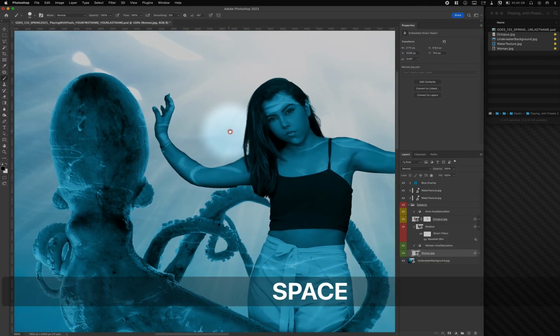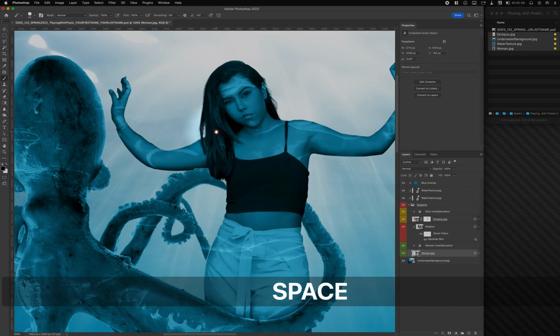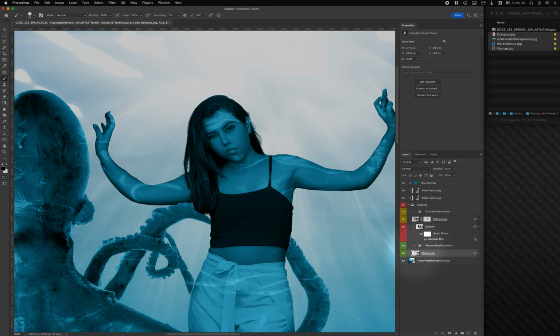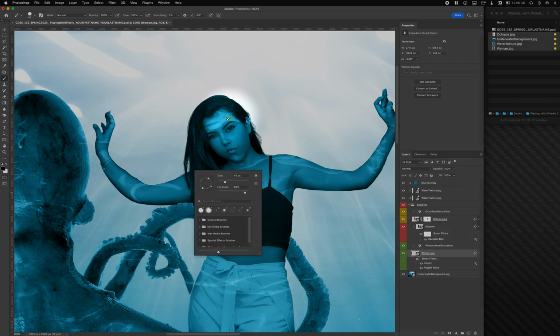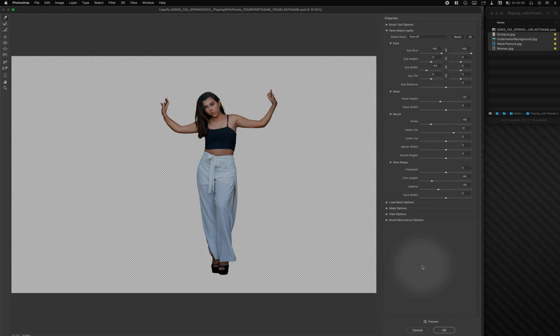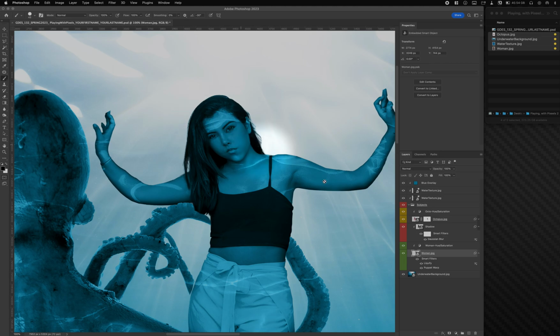And then you come back in here and we can see the changes I made. And I'll show you one more thing here. On the woman, if I don't like the way I've done some of it, like with the liquify that I did on here, it made some kind of weird effects to her eyes that maybe I don't necessarily like. So what I can do is on the liquify, I'm